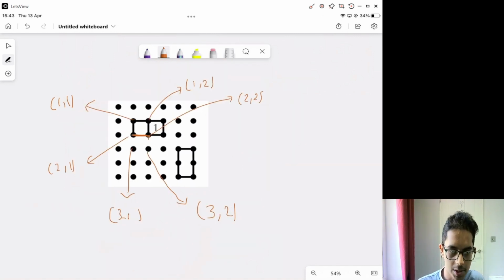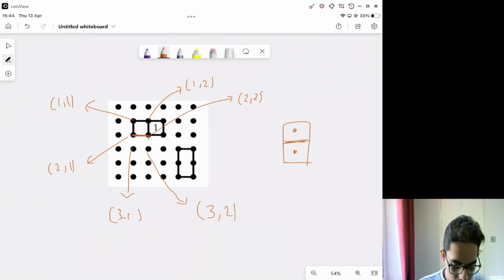Okay, so I basically just pulled up an example over here. Let's say that this orange connection is the one which we have added on in this particular move. So we need to check whether this is part of any square. Since it's a horizontal connection like this, there are two squares which it could possibly be a part of. One is a square which is above it, such that the horizontal edge would be the bottom edge. And the second one is the square which is immediately below it, such that the horizontal edge would be the